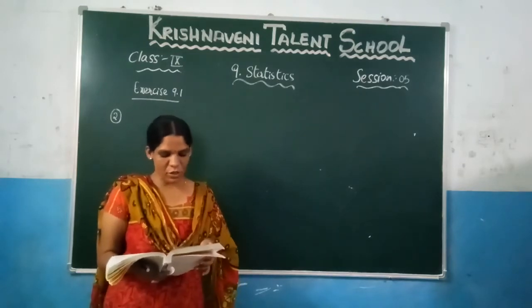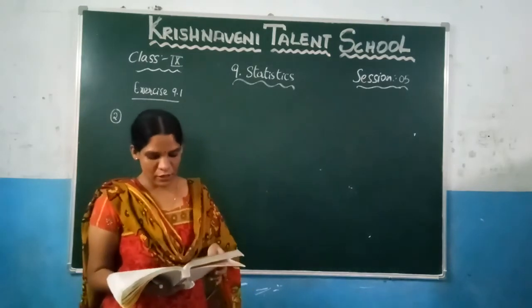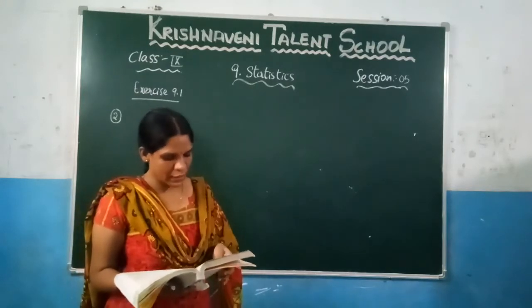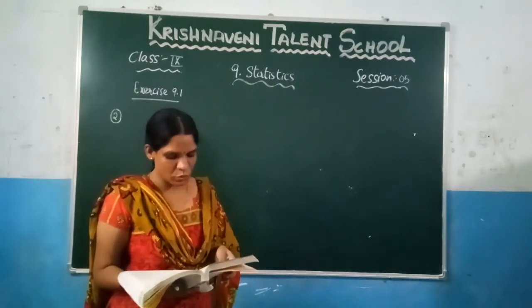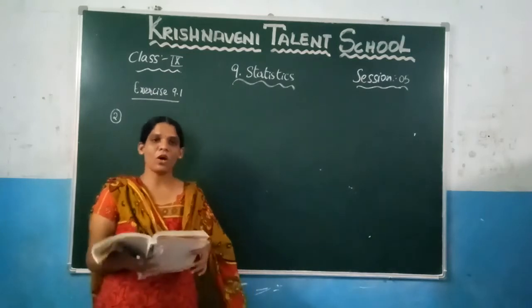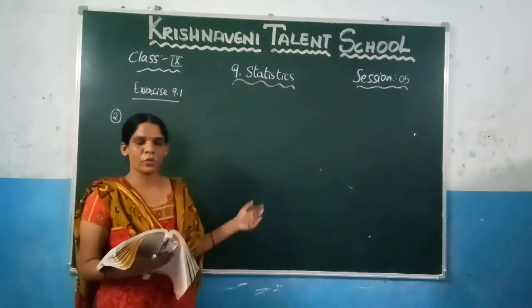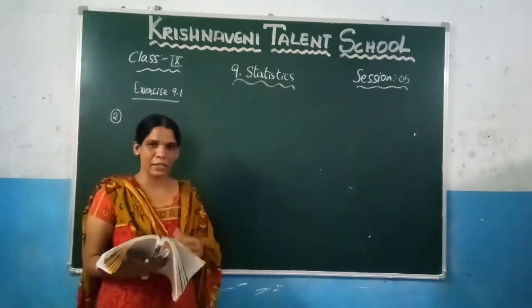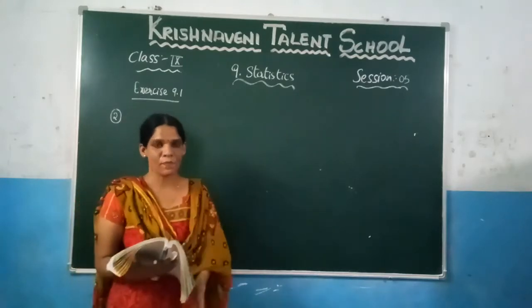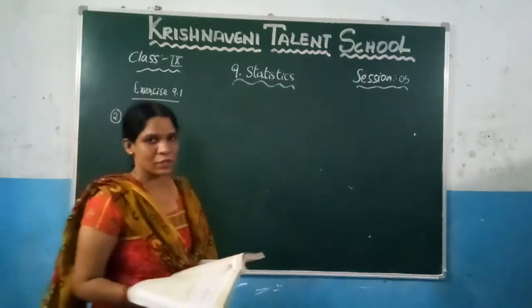So now let us draw here, and after that, what they ask is: what is the most common and what is the rarest blood group among these students. After writing the table in a tabular form, you will come to know. This is nothing but interpreting and analyzing the data, right? So let us see the second question.